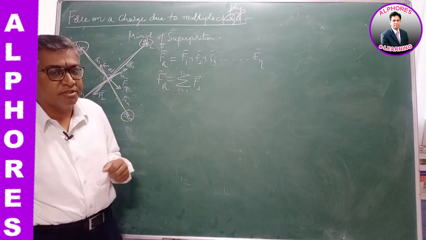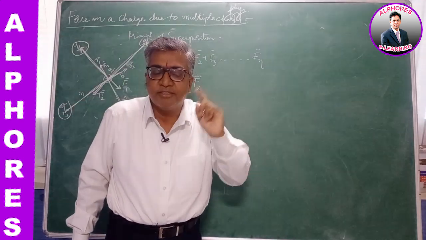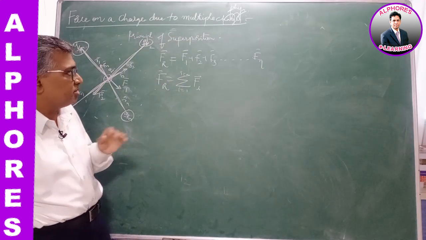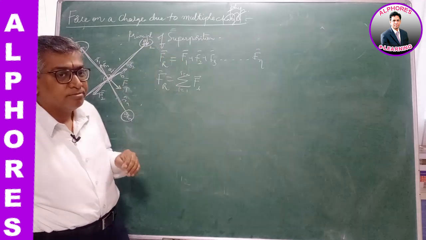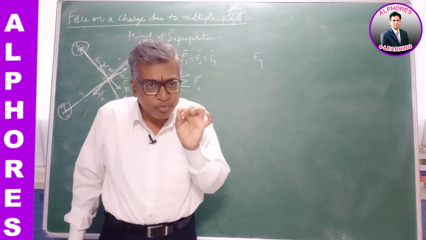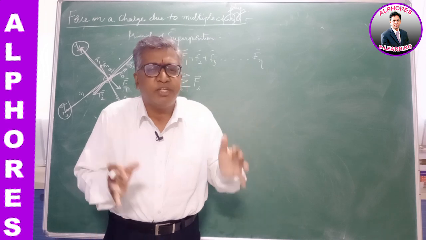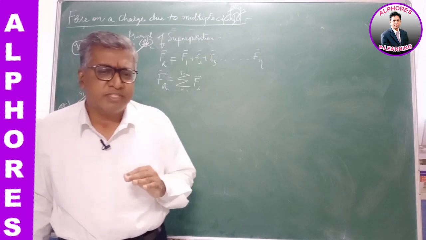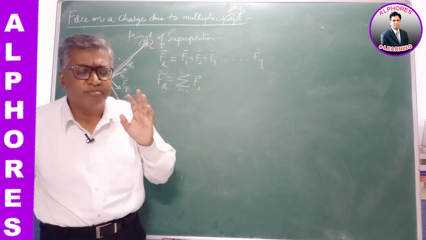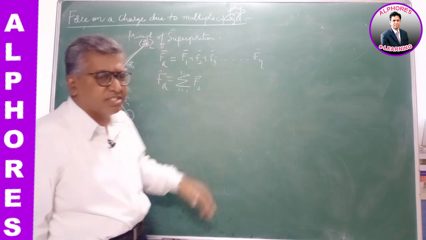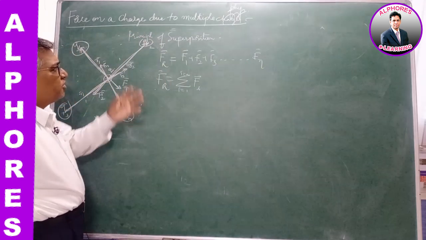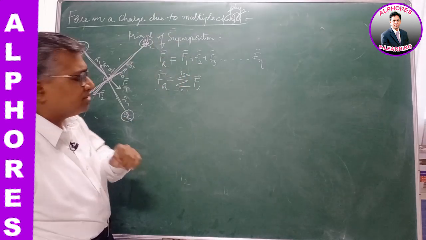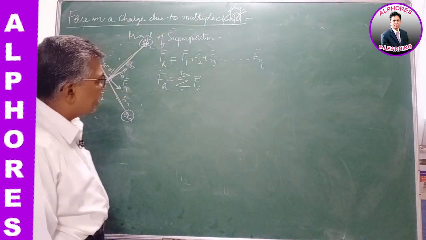This is the principle of superposition, a vector sum. Even Newton's gravitational force obeys the principle of superposition. So you can apply the same here. The principle of superposition and Coulomb's law combined together explain complete electrostatics, all the concepts of electrostatics, all the effects: field, force, potential energy, all that. So Coulomb's law combined with the principle of superposition will simply explain all of electrostatics.